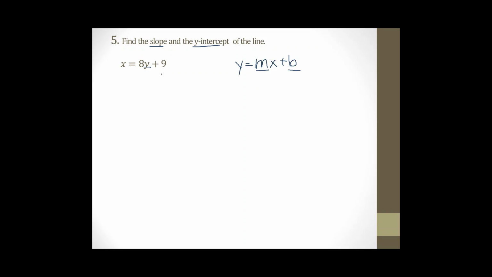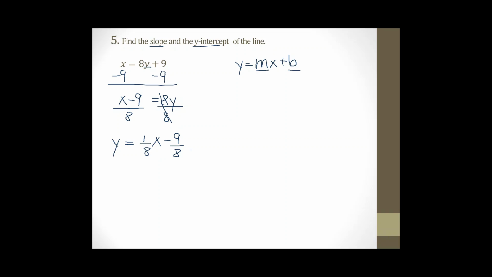So first, let's move over the 9 by subtracting, and I'm going to write the x first and then my 9, and that would be equal to 8y. Now to get y by itself, I have to divide by 8 on both sides. And now I'm going to reverse it. I'm going to start with my y. So y is by itself now. And that is equal to, and I can also split it up,